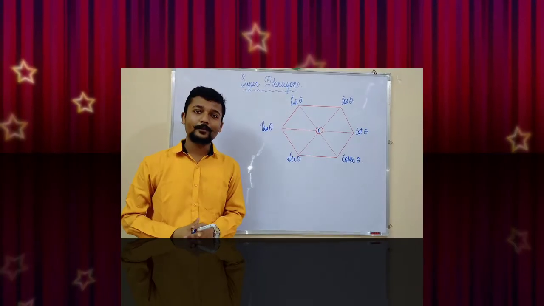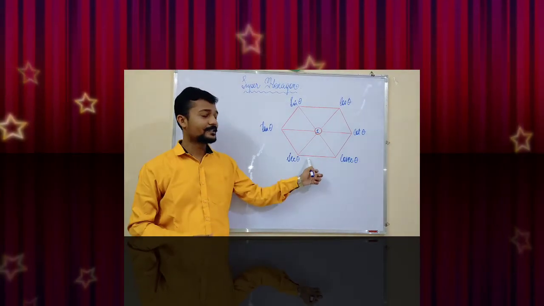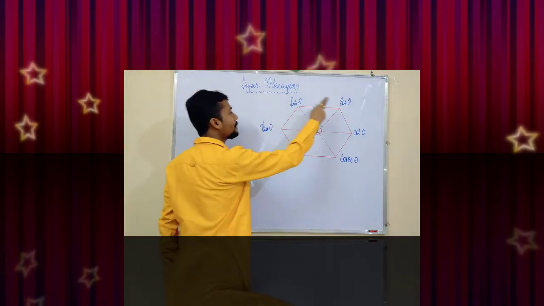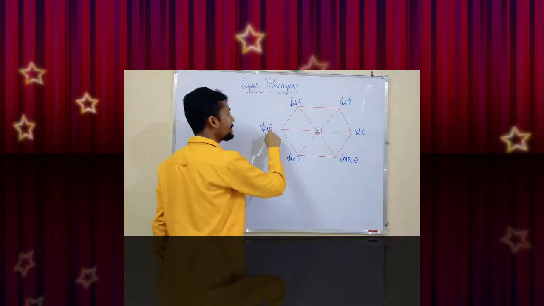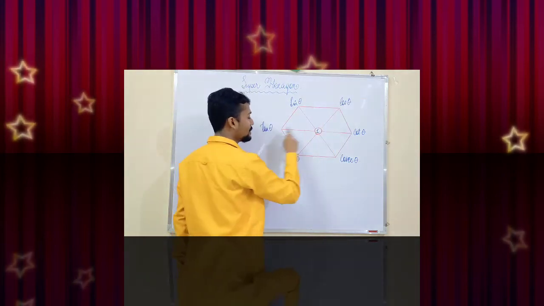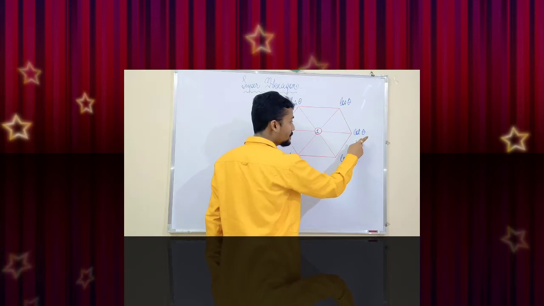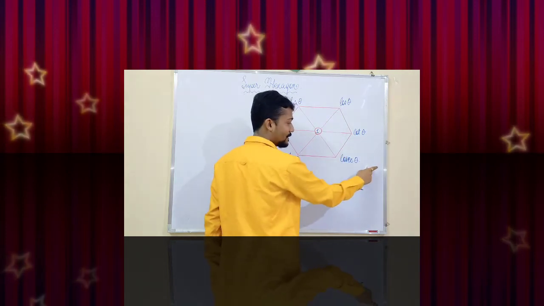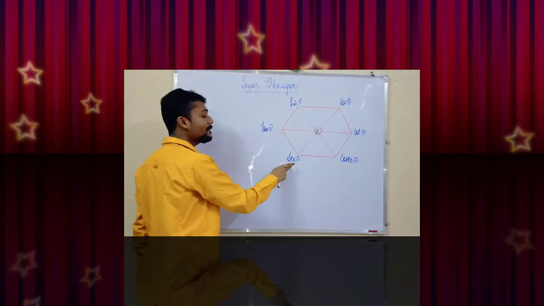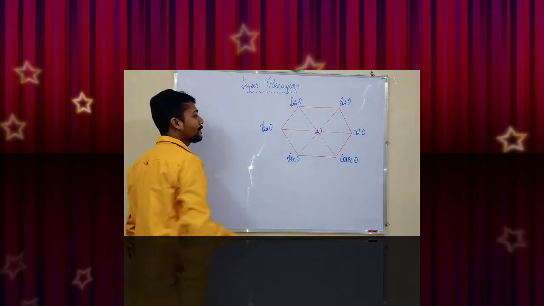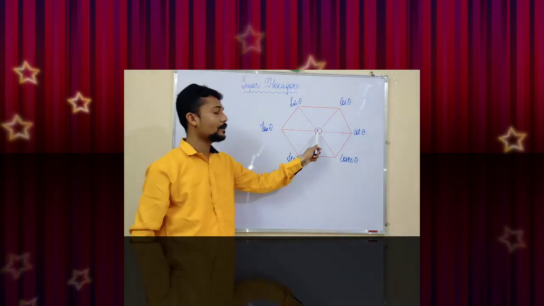Now the next set of formulas we are going to derive from the super hexagon. Again you will first place tan, sin, cos. That means tan theta is equal to sin theta by cos theta, isn't it? Then opposite of tan you will put cot, and on the right hand side we place the identities related to C. That means here will be cosec, and whatever is left will be sec. Sec was left, that's why sec theta will be here, and in between it will be 1.